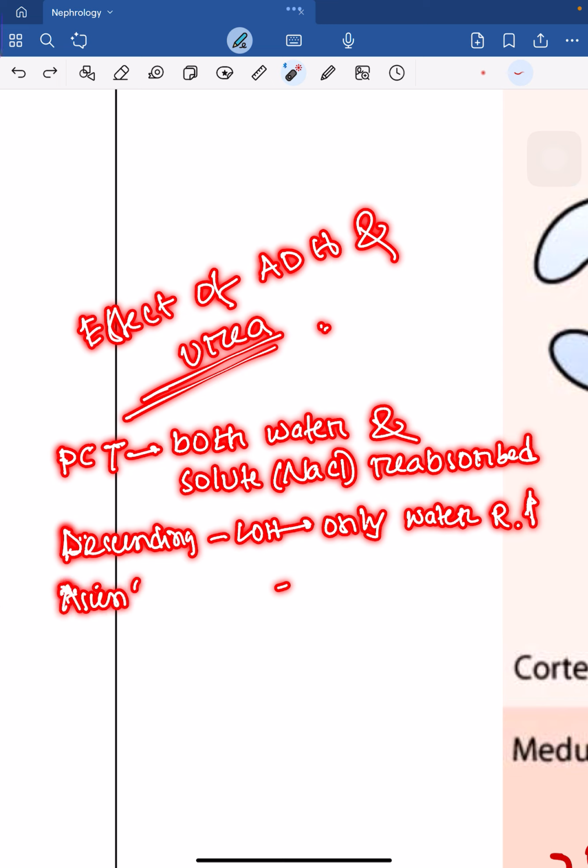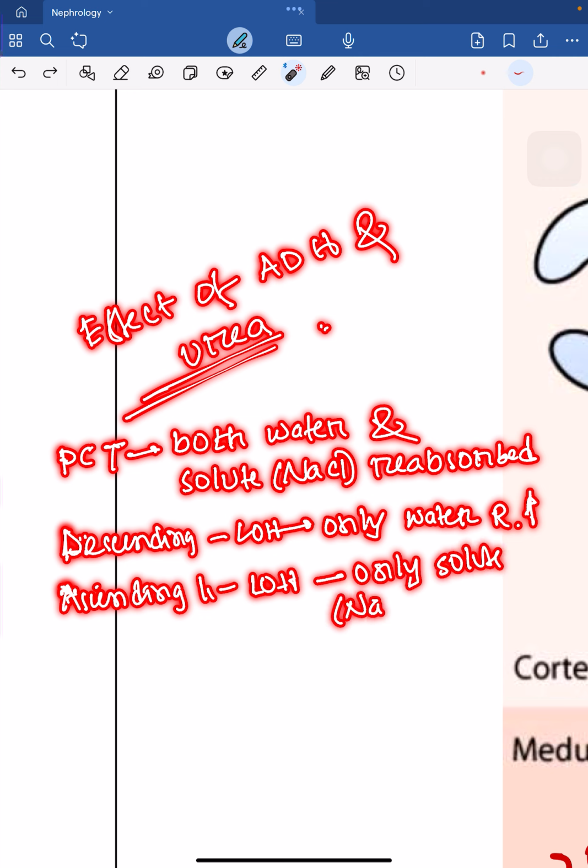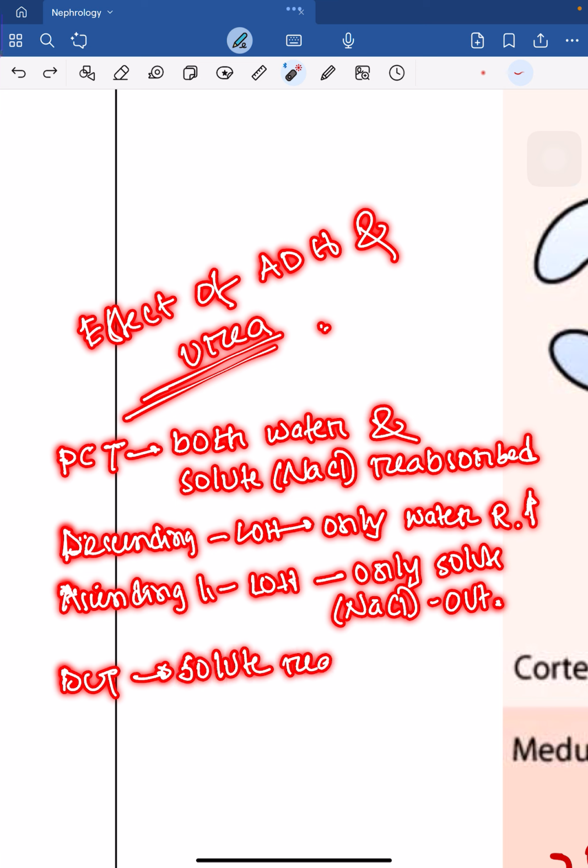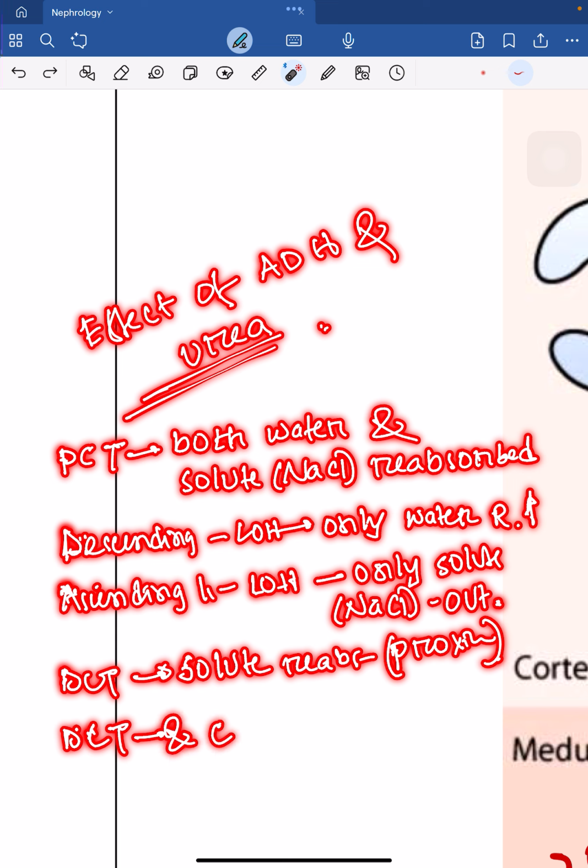In the ascending loop of Henle, only solute out, sodium chloride out, or sodium chloride reabsorbed. Then the distal convoluted tubule also has solute reabsorbed. This is the proximal portion of the distal convoluted tubule, and the distal portion of the distal convoluted tubule and collecting duct